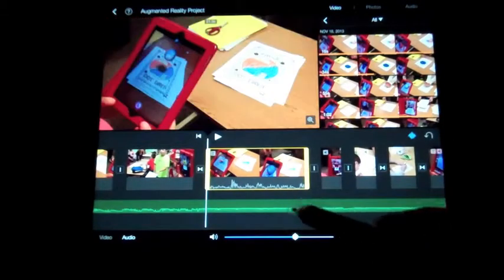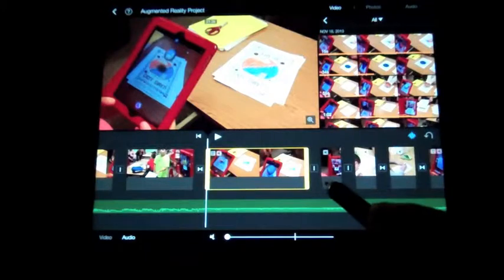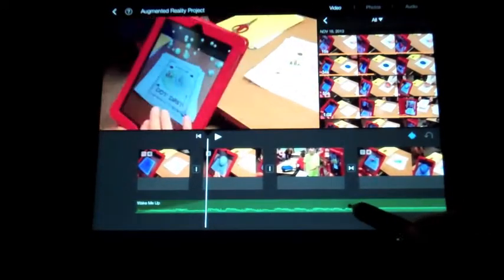So if I want to get rid of all my sounds from my actual shots that I took, here's your sound bar, so I'm going to turn that all the way down. And I've done that in all these clips over here. The music portion,